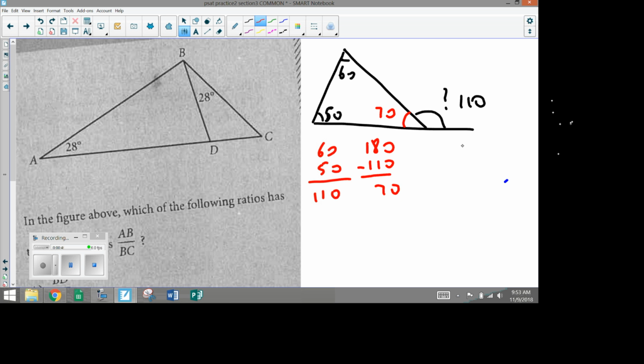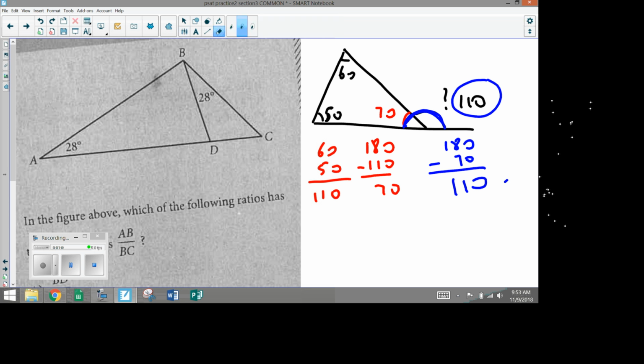So this is 70. If this is 70, another operation: as you know, this is a straight line, 180 degrees. 180 degrees minus 70 makes 110. It's a long story, but you don't have to do this because there is a shortcut. Very simple. When you see two,